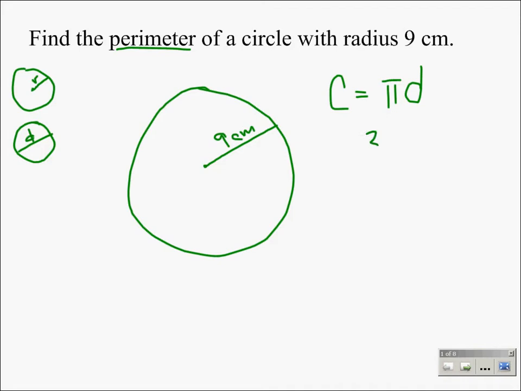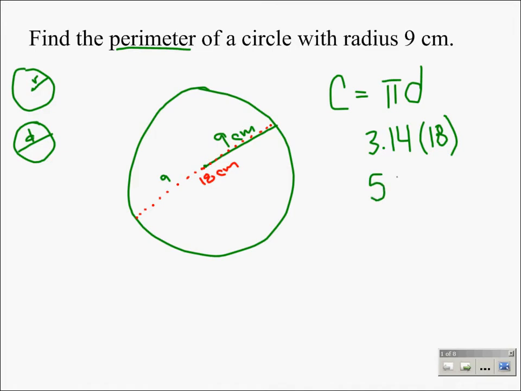So we know we have the 3.14 from the pi, and the diameter we would need to figure out what is the distance all the way across the circle. Well, if halfway was 9, this other half is 9. Add them together to give me a diameter of 18. So we're just going to put that 18 right in here for the diameter. Multiply those two numbers together, and you get an answer